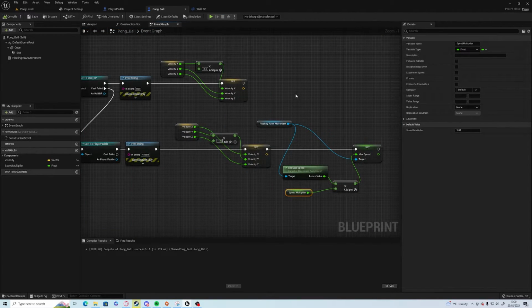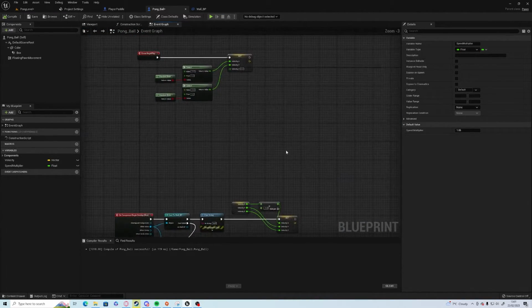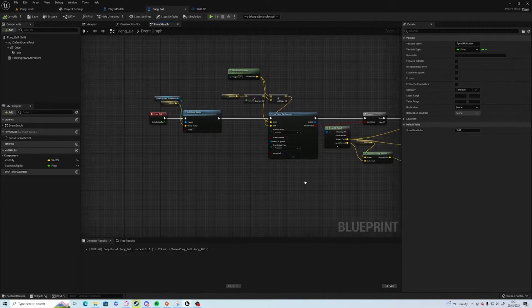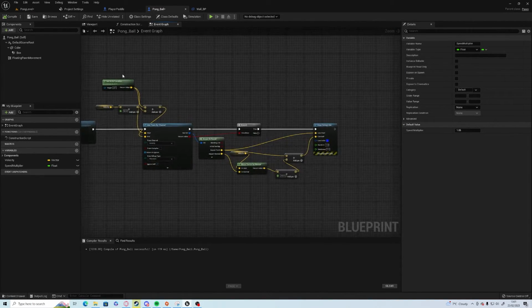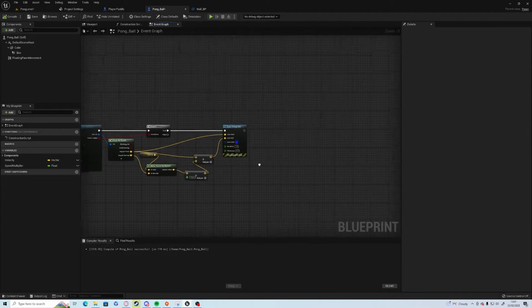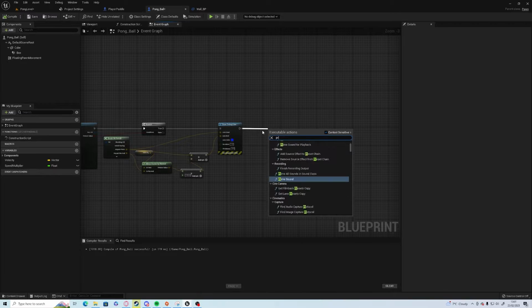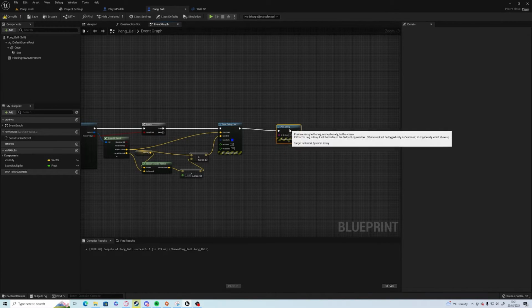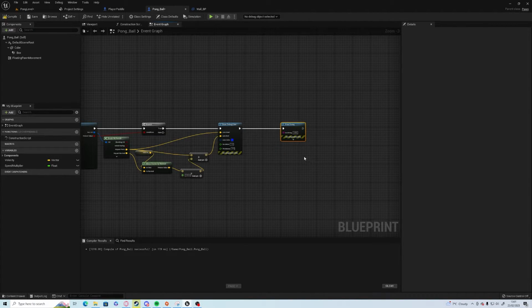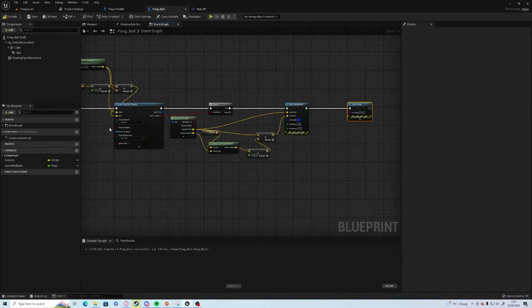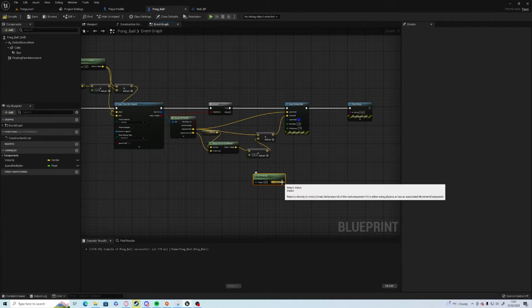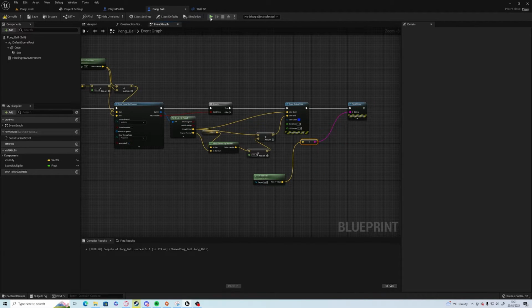So this is where another bit of debugging comes in. So under the tick we're going to add a movement, then we have some debug, but at the end of this debug we want to get how fast the ball's moving. So we want to print string, and this is going to be the speed of the ball. So we want to get velocity of the actor, and this will give, just to show you,